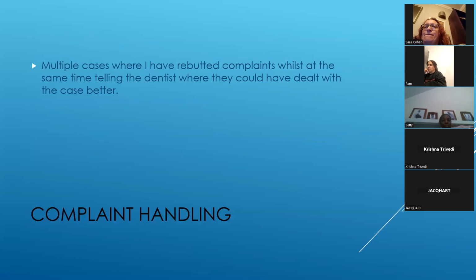Okay, complaint handling. It fits in with note keeping. But there are multiple cases that I've had over the years where I've had complaints come in. I've got one at the moment where they're complaining about X. X was fine. I'm going to rebut that, no problem. For what it's worth, the dentist did Y wrong. I'm not intending to tell the complainant this, but I have spoken to the dentist and we'll chat a bit further when we're finished looking at it and say, you know what, with hindsight, we could have done X, Y, and Z better. But what they're being complained about was quite unreasonable, and we're going to bat it off for what it's worth. It was a case about the patient complaining that the dentist wouldn't pull out their tooth when another dentist was able to do so.